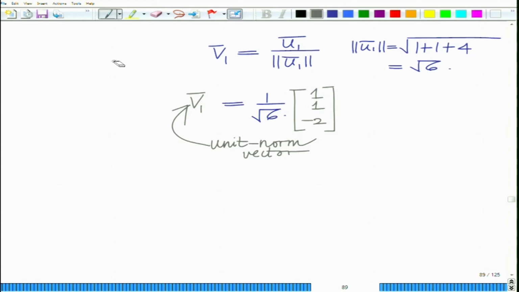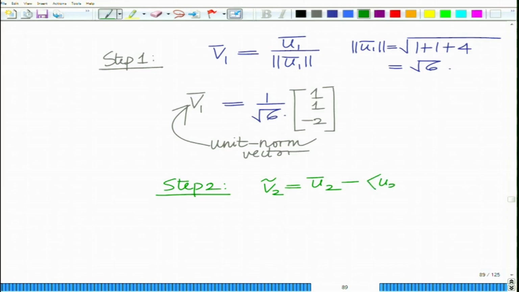In step 1, we do not remove any projection because there is no vector in the set V bar yet. Remember, we have to remove the projections on the previously chosen vectors V1 bar, V2 bar, up to Vn minus 1 bar at step n. So, step 2 onwards we remove the projections. That is V2 tilde equals U2 bar minus the projection of U2 bar on V1 bar, which is given by this inner product, since V1 bar is a unit norm vector, and this is basically